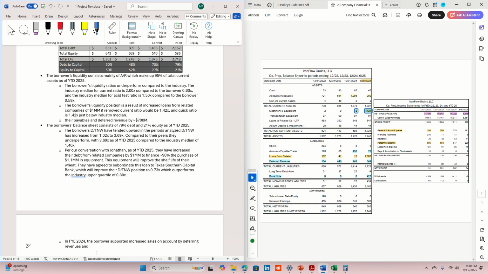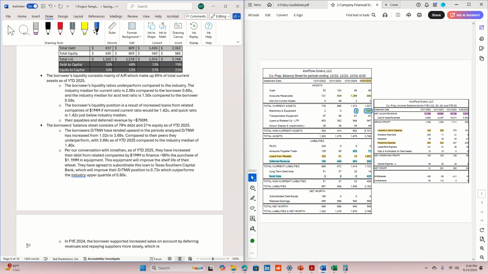So we'll keep it simple. The borrower supported increased sales on account by deferring revenue and repaying suppliers more slowly,